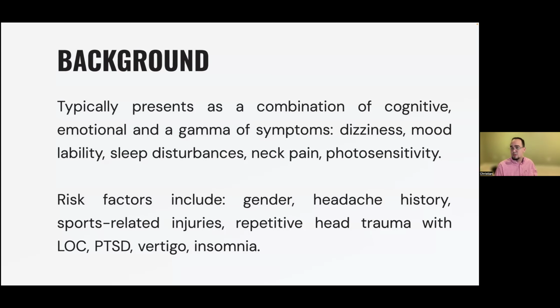Injuries related to sports, especially football, ice hockey, cheerleading, and soccer, are the most common sports where we see concussions happening, and those are going to be the ones most likely reporting headaches after a trauma. Then patients who have a history of repetitive head trauma will most likely be aware of the symptoms and will possibly be paying more attention to those and reporting the headaches more frequently.